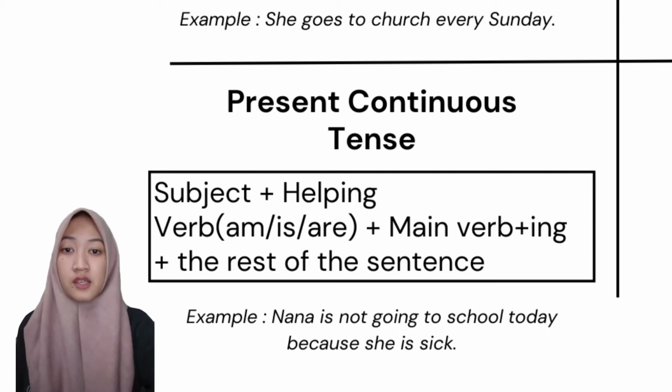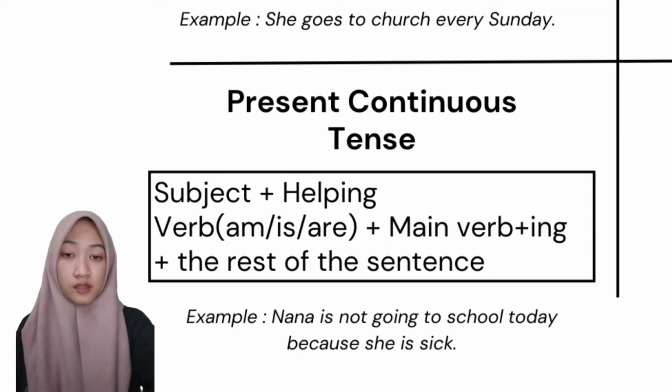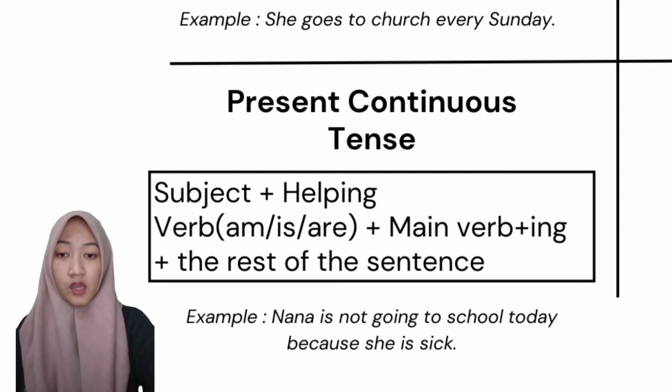And here are some short example sentences. The first one is: Anthony is sitting in the chair. The second one is: Rose is reading a book. And here are negative sentences: You are not watching the movie. He is not standing. And the interrogative one is: Is Johnny playing football today?